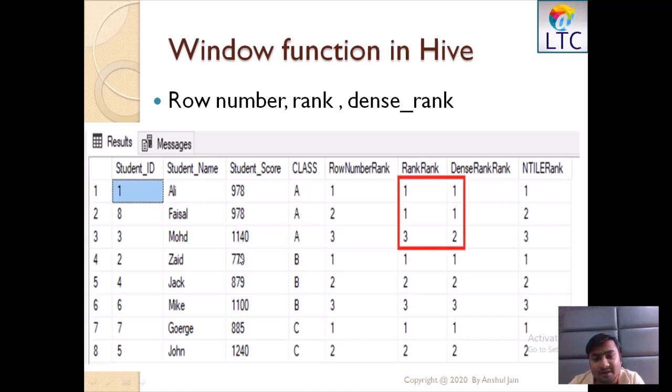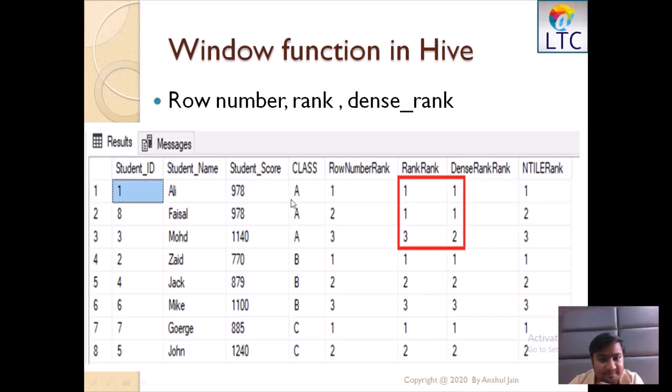So if I want to give them rank based on their scores in ascending order, how will row number behave? Row number will be a unique number for every row. So if I'm doing a partition